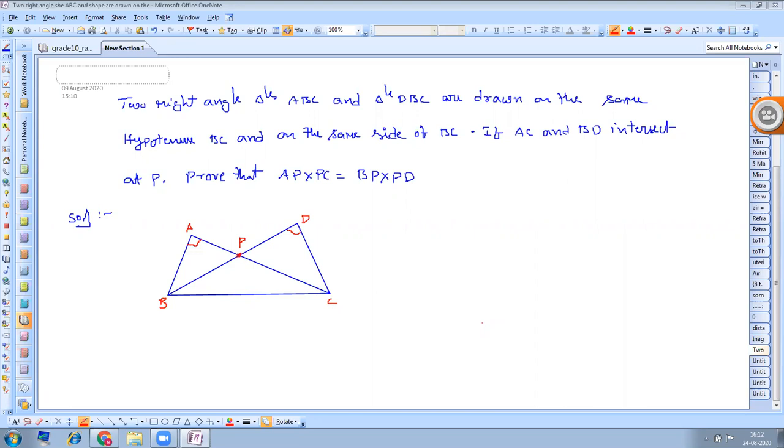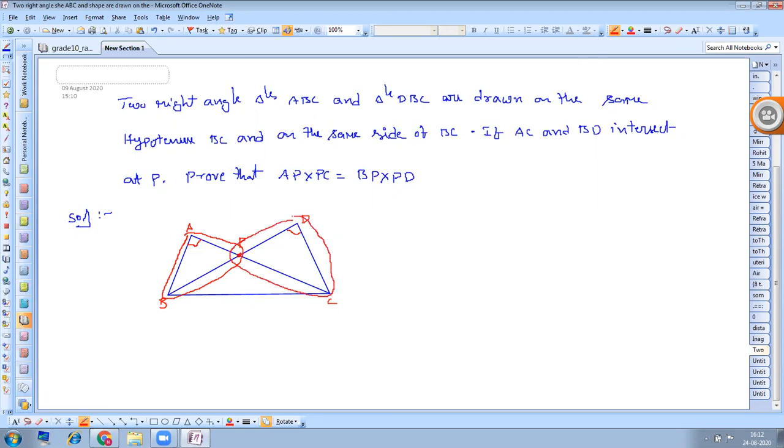He is asking the relation between AP and PC, and BP and PD. So AP, PC, BP, PD are related in two more right angle triangles. You can see so many right angle triangles, but related to AP and PC, BP and PD, which right angle triangles do I have here? So consider only two right angle triangles. I am drawing the red color border for those triangles. This is also another right angle triangle.